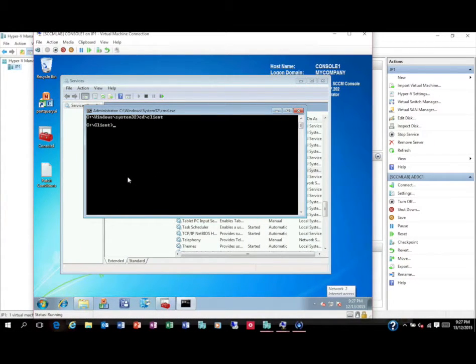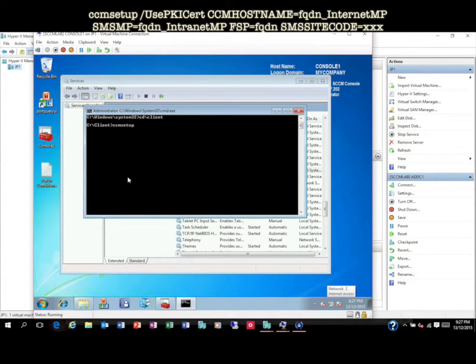So installing the client is fairly straightforward. There are a couple of parameters in the ccmsetup command that we need to consider to allow IBCM to work properly. I've already copied the client software here on the local machine. And I will now type in the command. It says ccmsetup /usepkicert,